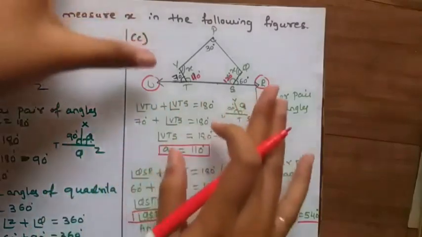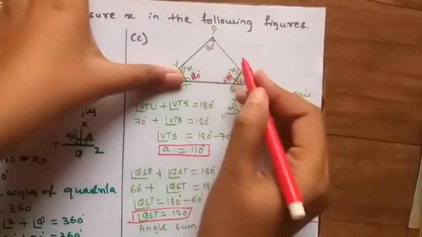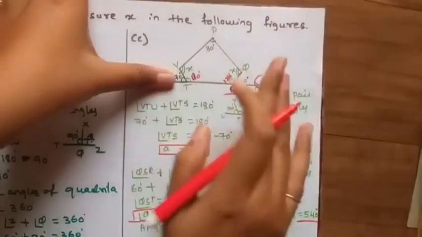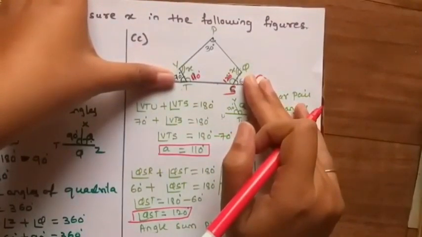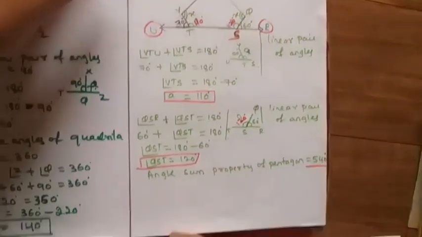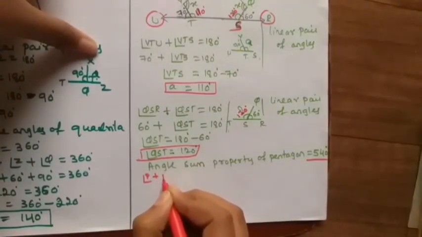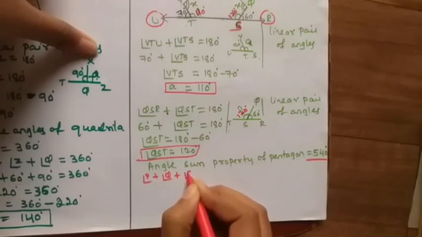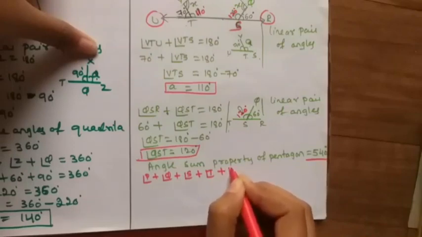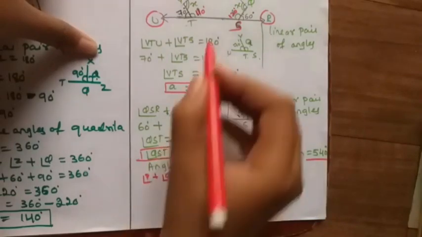Here we have to use the perfect pentagon figure. This is a perfect pentagon figure. The angles are P, Q, S, T, V. This is the pentagon. The sum of these 5 angles is equal to 540 degree. So, next, angle P plus angle Q plus angle S plus angle T plus angle V is equal to 540 degree. Angle P is how much here?